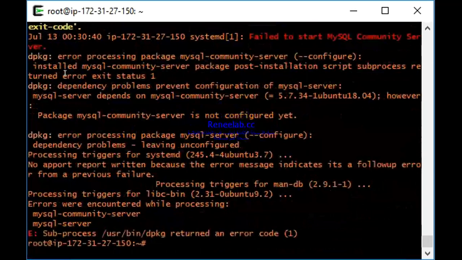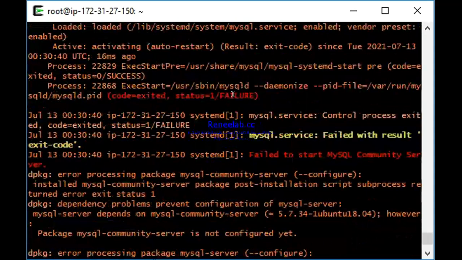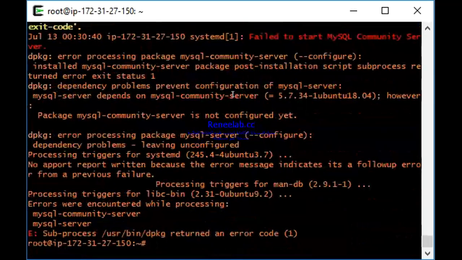So just like I suspected, MySQL failed using that data directory. So what I'm going to do is move out the previous data directory, then I'm going to start. So if you want to confirm